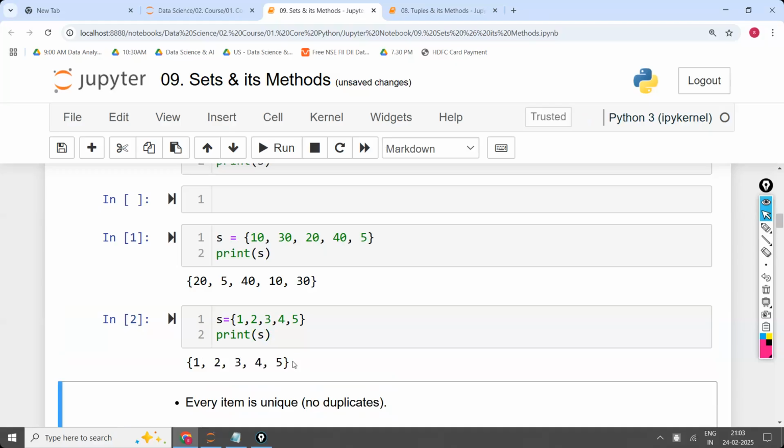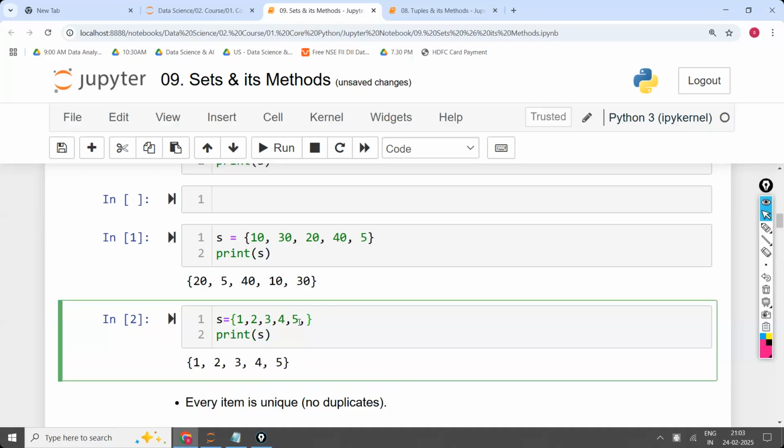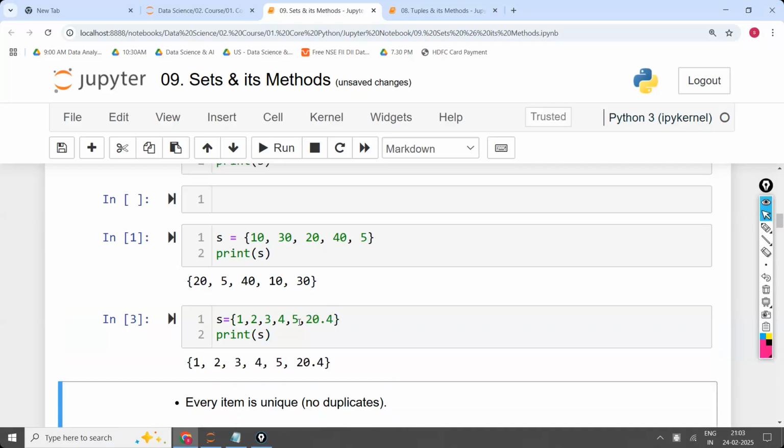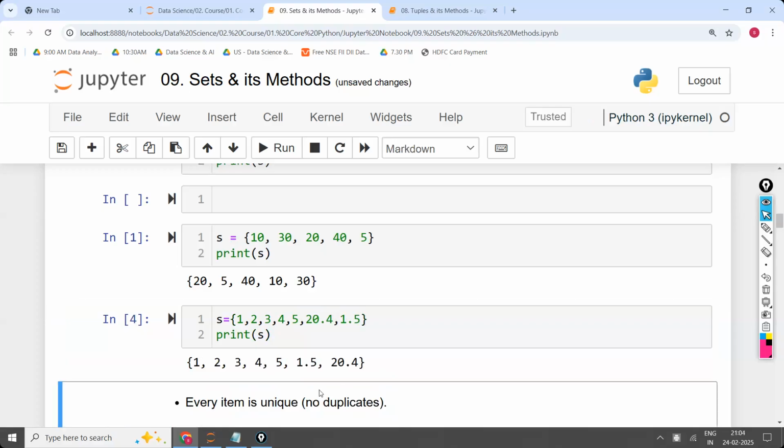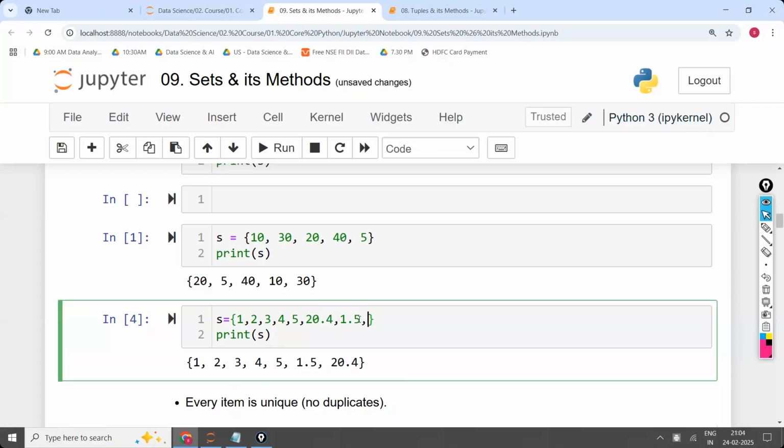Is the point clear? It may give in the same order, it may give in a different order. For example, I'm taking here 20.4. For 20.4 it has given automatically like this, no, sir? Then 1.5. Now 1.5 like this. Now next I'm going to take in terms of